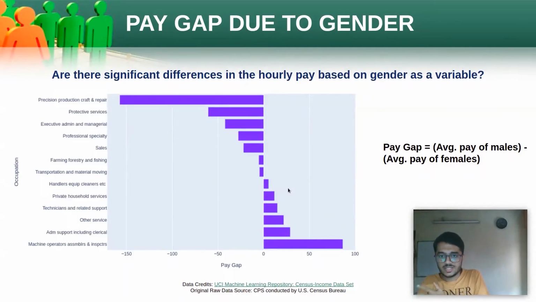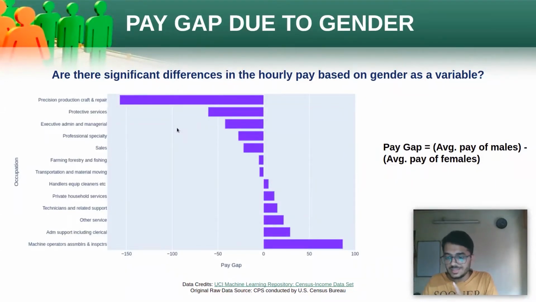So jobs that require technical skills along with a significant amount of physical labor usually prefer giving higher salaries to males, as you can see. So this job over here, machine operators, you can see they prefer males over females, whereas jobs which require precision or managerial roles prefer giving higher salaries to females.